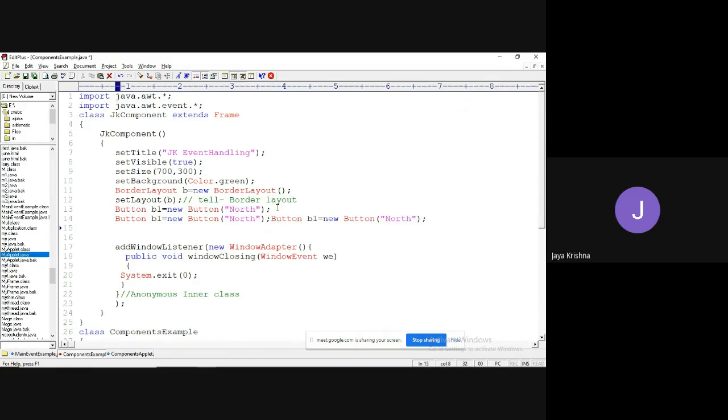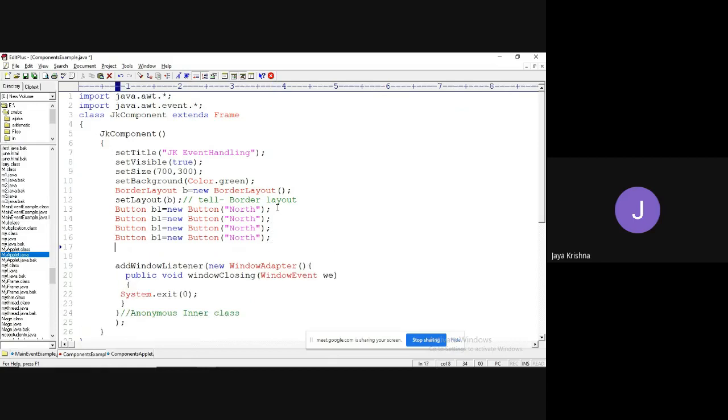I am taking 5 buttons so that you can understand, as we can place 5 regions: north, south, east, west, center. And the references should be these. So I have created 5 buttons.